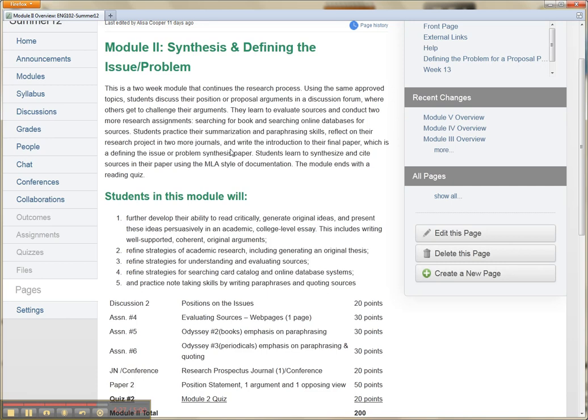Okay, you will write the introduction to your final paper, which is called paper 2. Remember, all of your papers will be combined together to make up the final paper. Okay, so this first introduction is what we call defining the issue or defining the problem. And we also call it a synthesis paper because you will be synthesizing the different sources that you've gathered throughout this module. Okay, so you will learn to synthesize and cite sources in your paper using MLA style of documentation in this module. And then, of course, this module will end with a reading